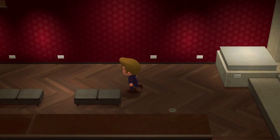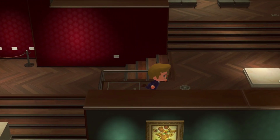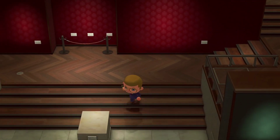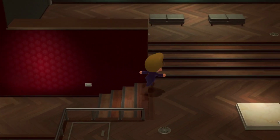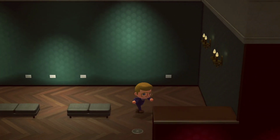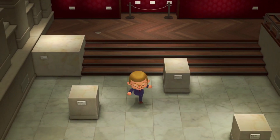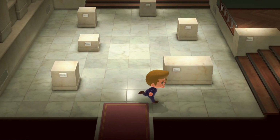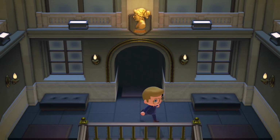So there's a lot of spaces for art, but it's just this one room. Yeah, you're right. Art museums are usually pretty open, like open concept, so it makes sense. Yeah, so there's several spaces. I wonder if there's going to be 80? Well, there's not 80 fossils, so maybe there won't be. I mean, 50 art pieces would be a lot of art pieces, even. Yeah, I didn't count the plaques, but I would assume it's...